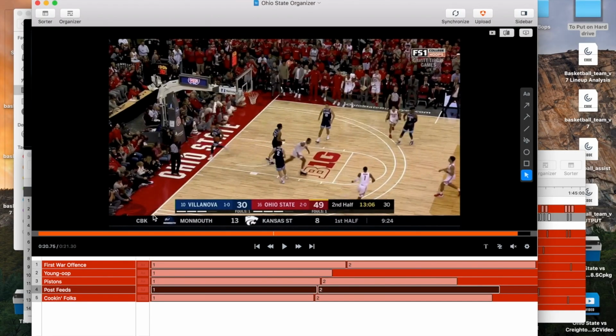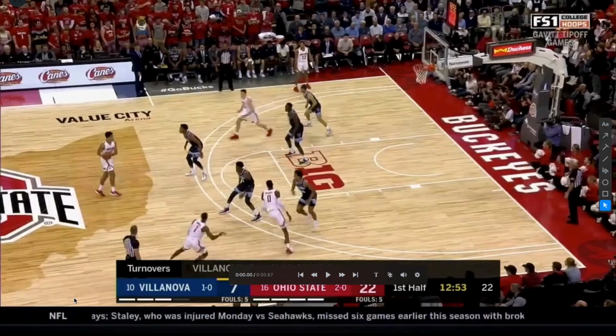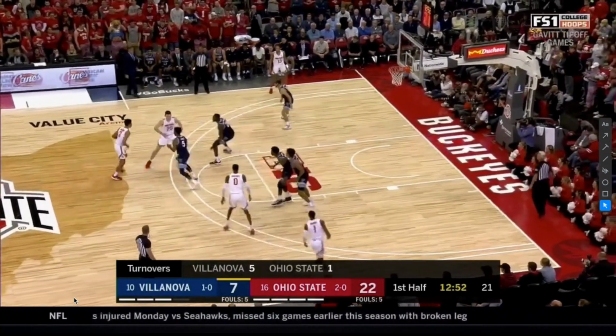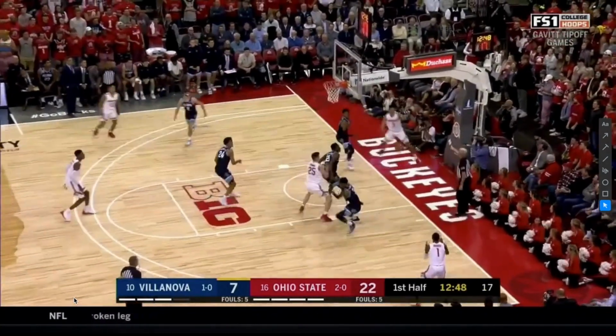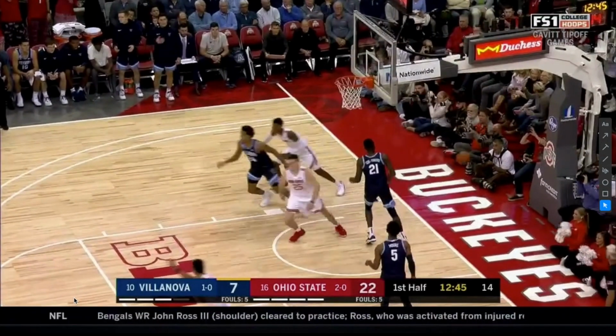Now, the other reason Ohio State did really well in this game, and I've just put it here as cooking folks, is because they've got really good players. DJ Carden's probably one of the best freshmen in the country, and that's because he's got incredible handles and incredible basketball IQ. So they were just out here cooking folks. As you can see here, really good dribbling, turns him around, comes out, fakes the finish, finds a wide open shooter,